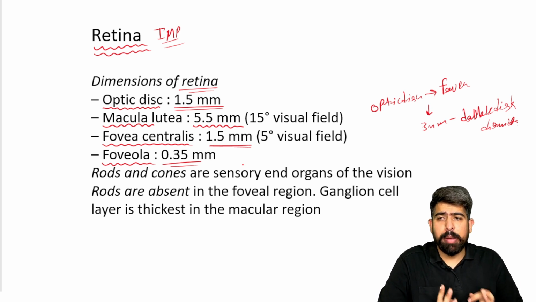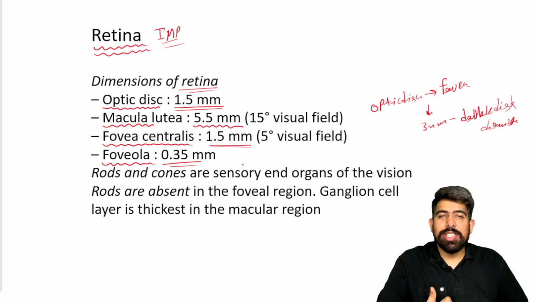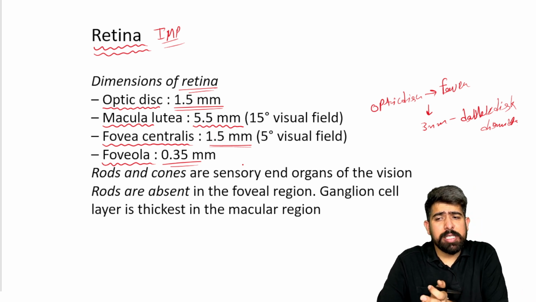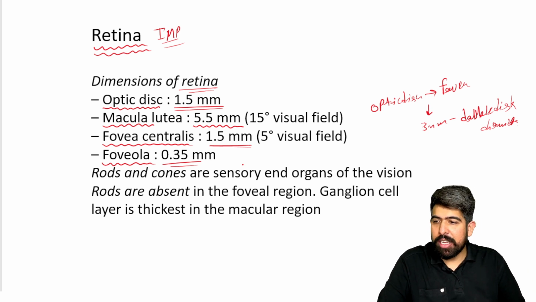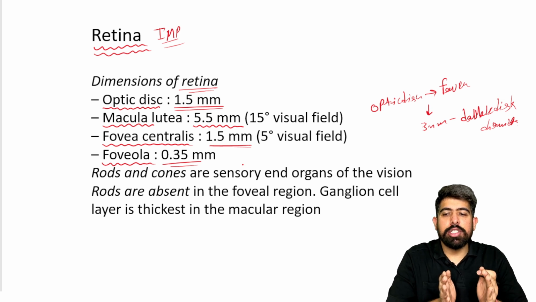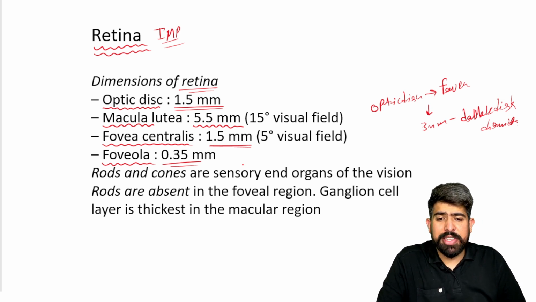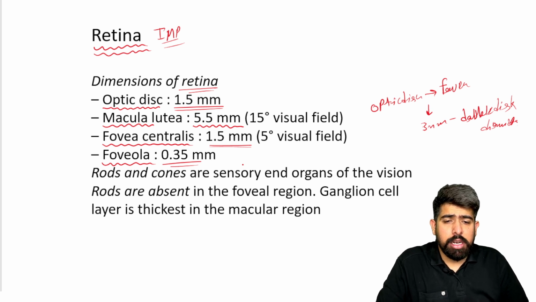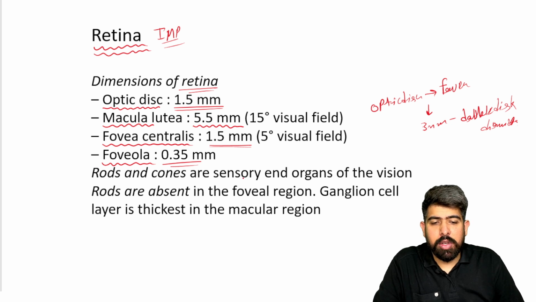I hope you remember from the retinal chapter, the retina has 10 layers. Out of these 10 layers, except the one pigmented epithelium layer, all other 9 layers are known as your neuroretina, the neural retina, because they have the neural cells or the neural perception role in the retina. So talking about the rods and the cones, as you already know, it is your sensory